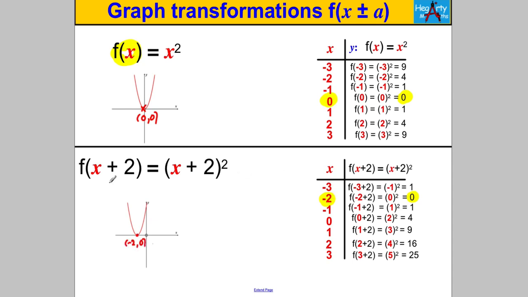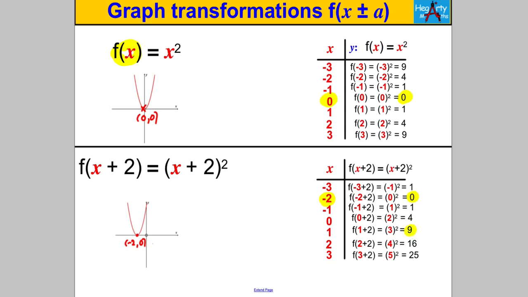It's almost like this function here is seeing the y numbers that are happening earlier. This saw the y number 0 when x was 0. This sees the y number 0 when x is negative 2. It's seeing those y numbers 2 units earlier. And we can take that with other examples as well. We can say to ourselves, right, let's pick, for example,